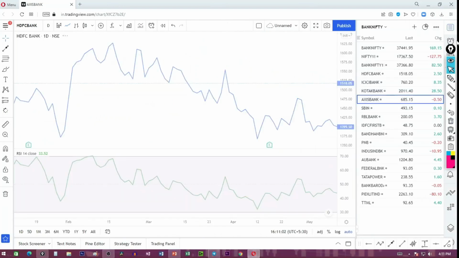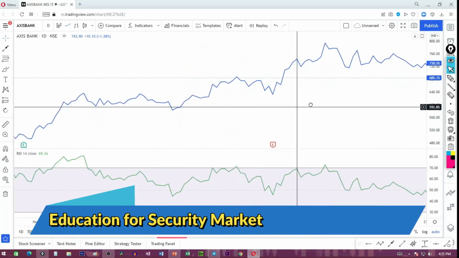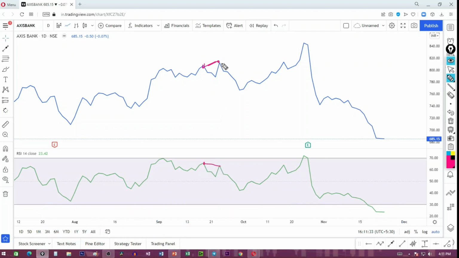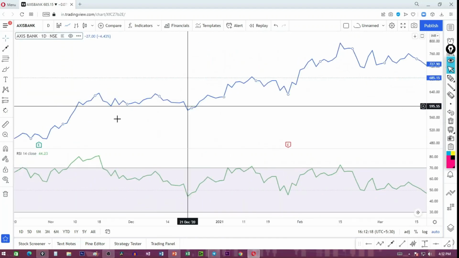Let me change the script. This time Axis Bank, and we need some upside move. I spot a classical negative divergence. Price make higher high. Sorry, RSI make lower high, and this divergence help to price come down. And this time the main trend, this is uptrend, not change totally. After come down from this point to this point, again price rise up, and after that price fall. More example for classical negative divergence.